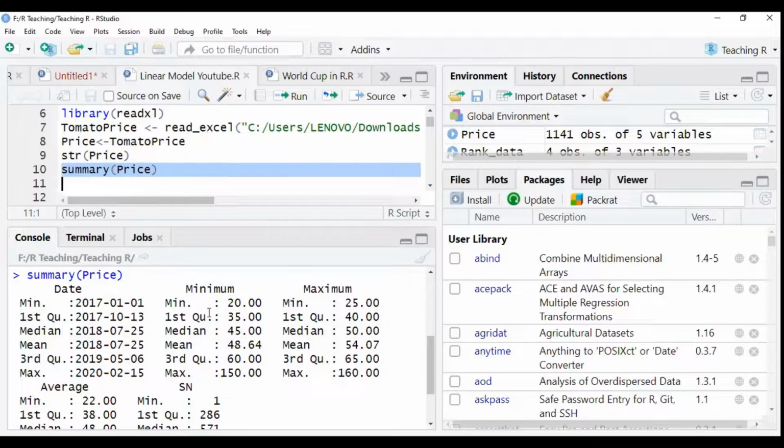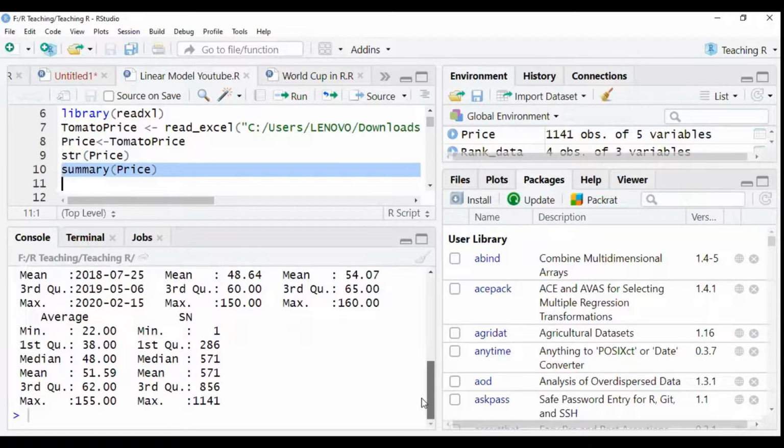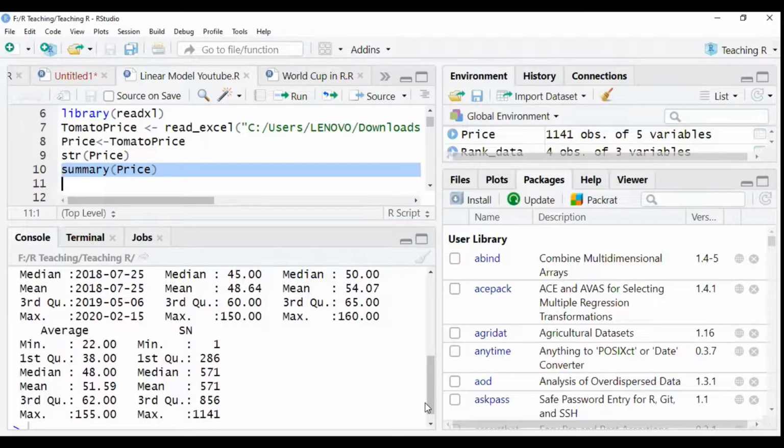And you can see the first quarter, median, mean, third quarter, like that for every variable: the minimum price, maximum price, average. And the serial number is just a number. It starts from 1 to 1,141